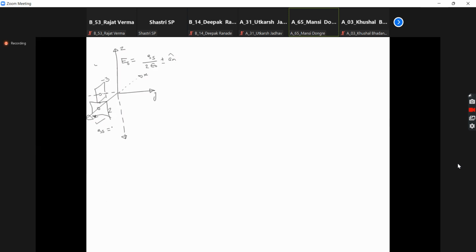Ten nano coulomb per meter square. Yes. And from this it is 15 nano coulomb, right? The other one. Yes, sir. Okay. So you can see that when you face such kind of